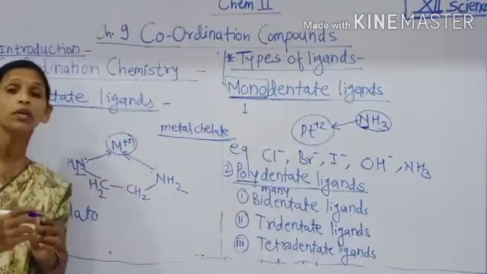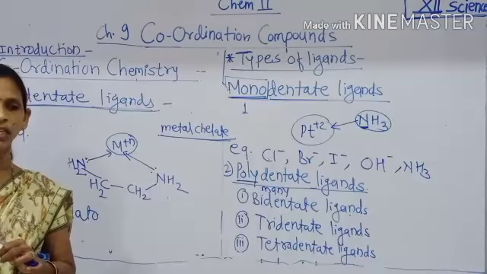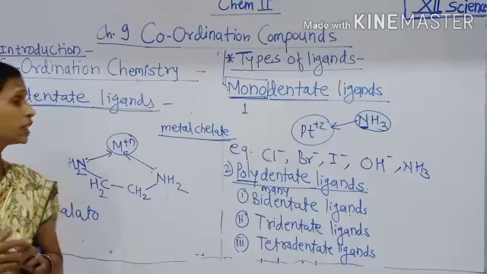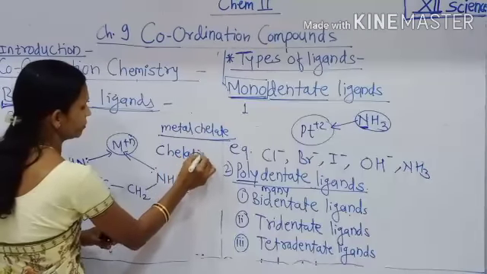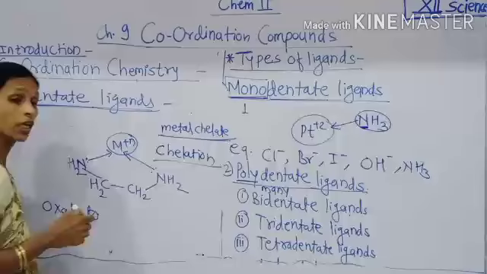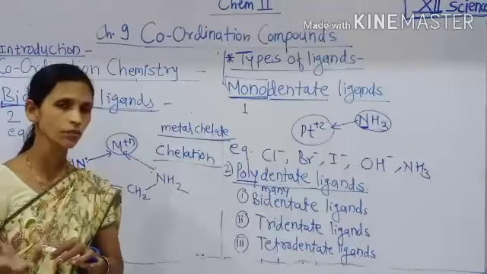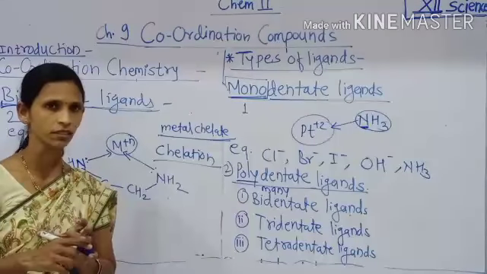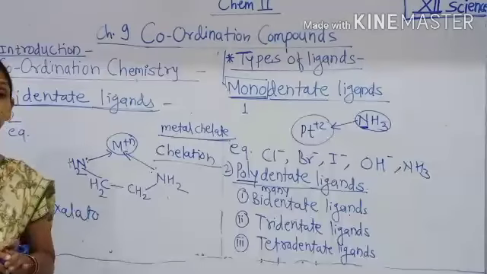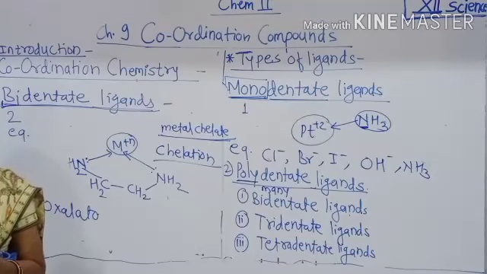The process of formation of such metal chelates is called chelation. Hemoglobin is a metal chelate, chlorophyll is a metal chelate, vitamin B complex is a metal chelate. These metal chelates are mostly found in the cells of plants and animals, which carry out the different